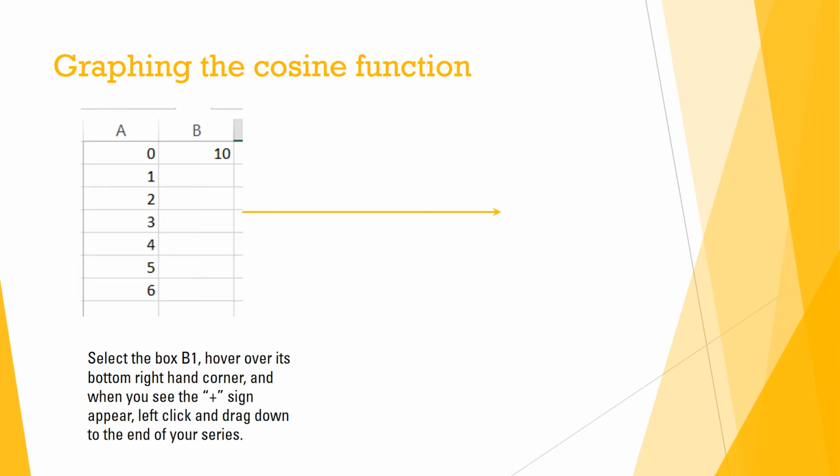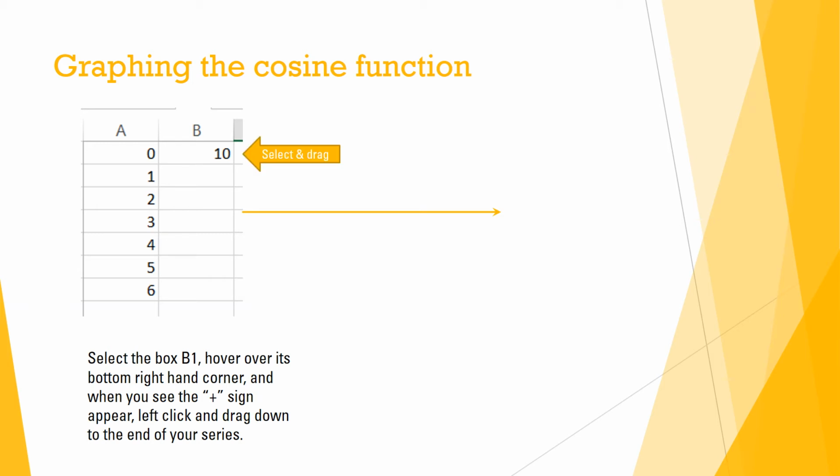So now if you hit enter, the value that you see under B is 10, which is 10 times cosine of 0. You select the box B, you hover over its bottom right-hand corner, and what you're going to see, which you can't see here because it won't get captured in a screen capture, is that your cursor shape will turn from a thick plus sign into a thin plus sign, and at that point you can select that corner